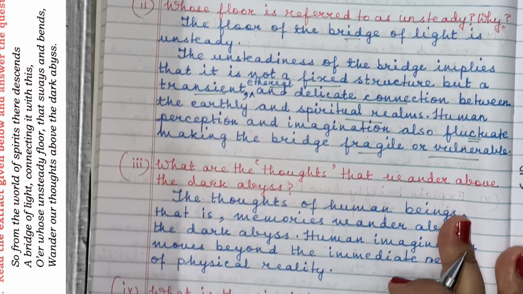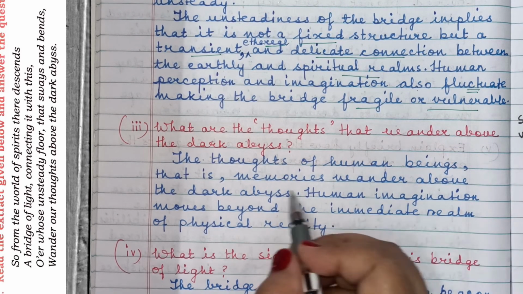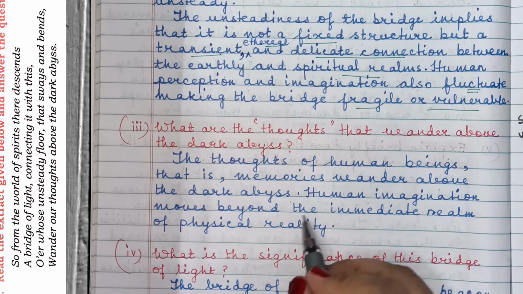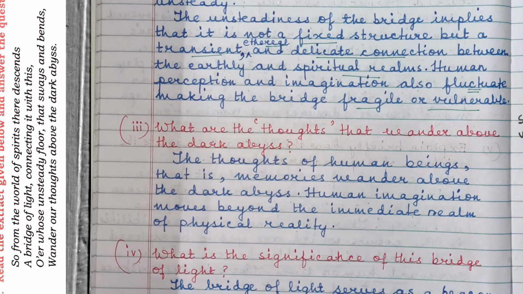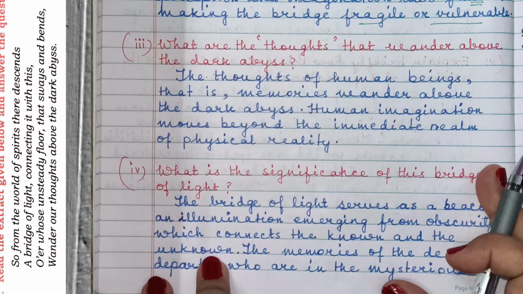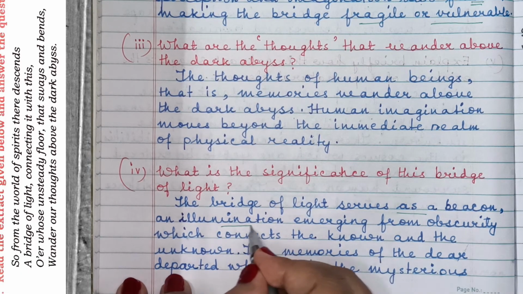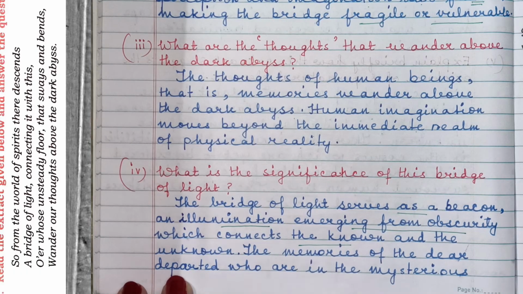What are the thoughts that wander above the dark abyss? The thoughts of human beings, that is memories, wander above the dark abyss. Human imagination moves beyond the immediate realm of physical reality. What is the significance of this bridge of light? The bridge of light, number 1, serves as a beacon, an illumination emerging from obscurity which connects the known and the unknown. The memories of the dear departed who are in the mysterious world